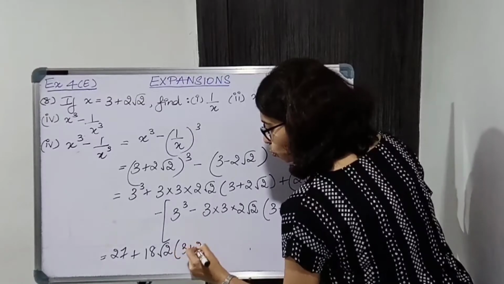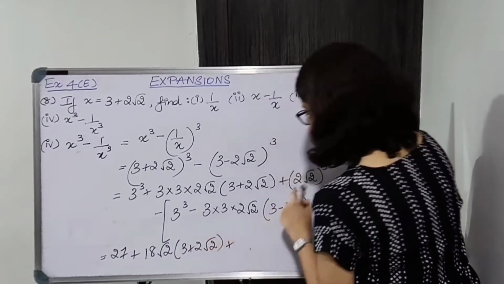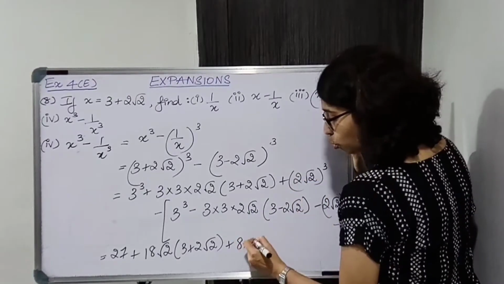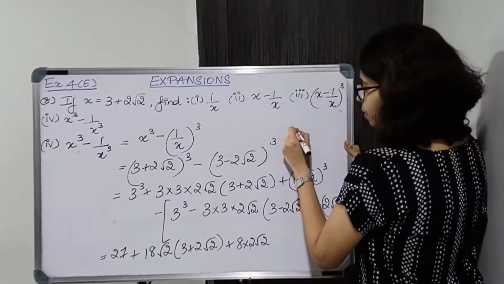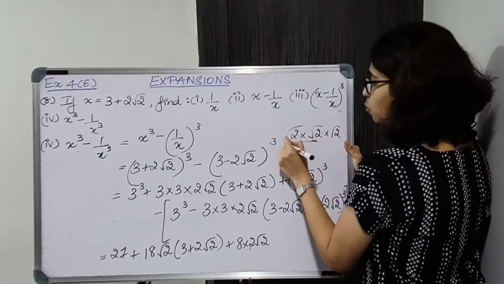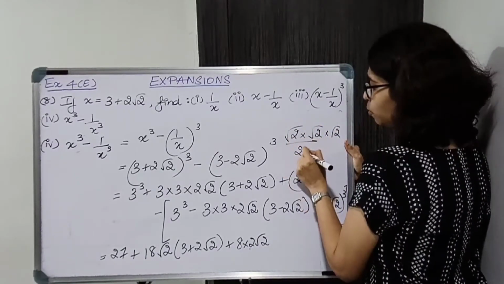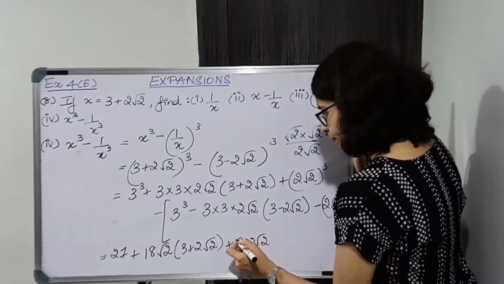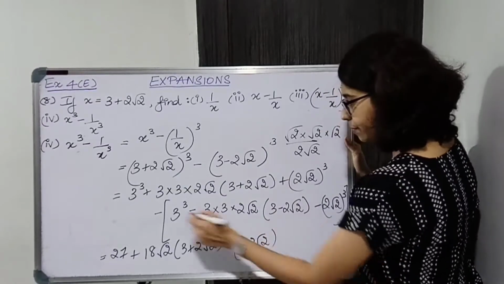Brackets 3 plus 2 root 2, plus 2 ka cube is 8. Root 2 ka cube is root 2 into root 2 into root 2. Root 2 into root 2 gives 2, into root 2. So 2 root 2. Okay. So now over here